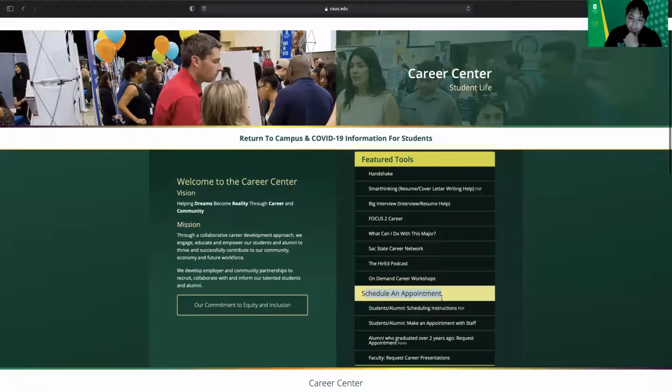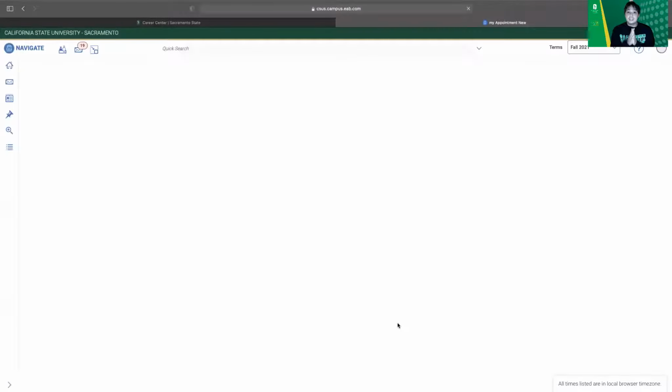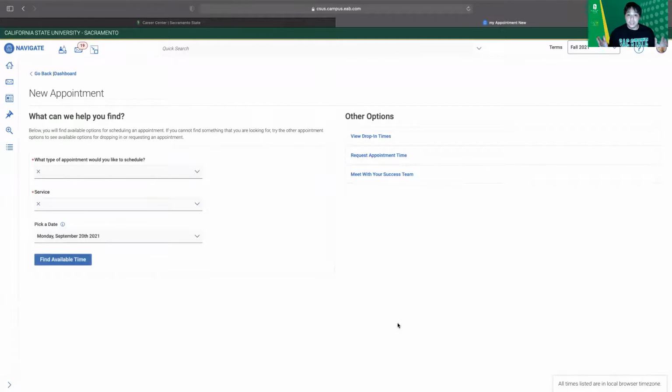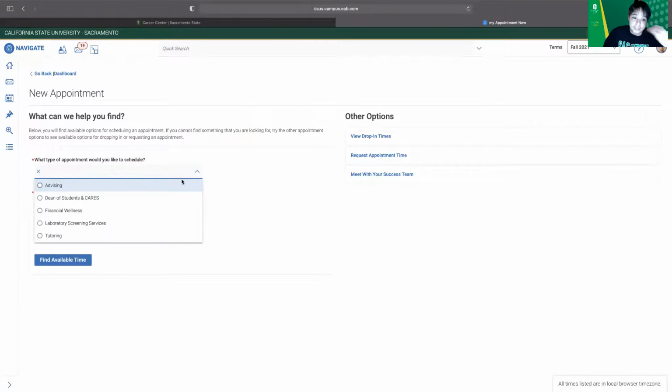Right here, we're gonna scroll down here, then we're gonna click Students, Alumni, Make an Appointment with Staff. After we click that, it should take us to EAB, and if you're logged into your My Sac State, it'll just be right here. However, most of everyone might have to log into their My Sac State, but if not, oh well. Anyways, we're on the advising. What you want to do here, we're already on EAB, so what you guys want to do is click advising,